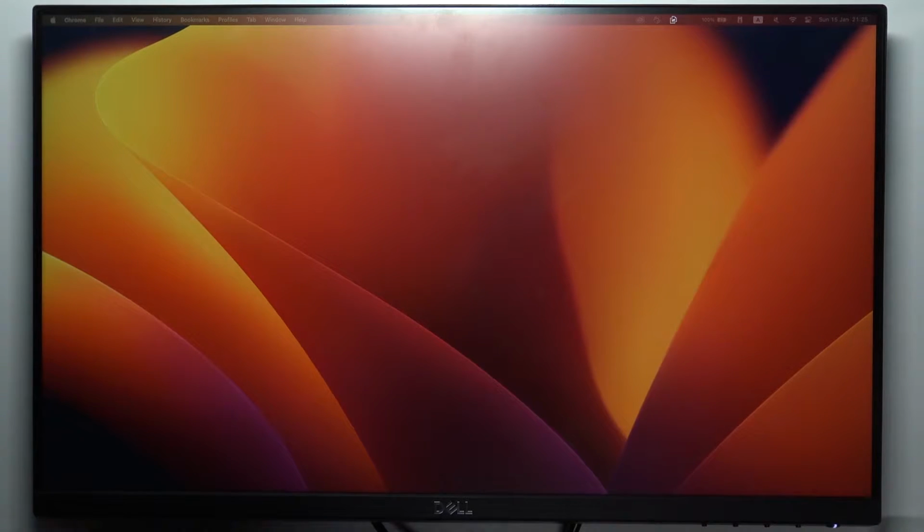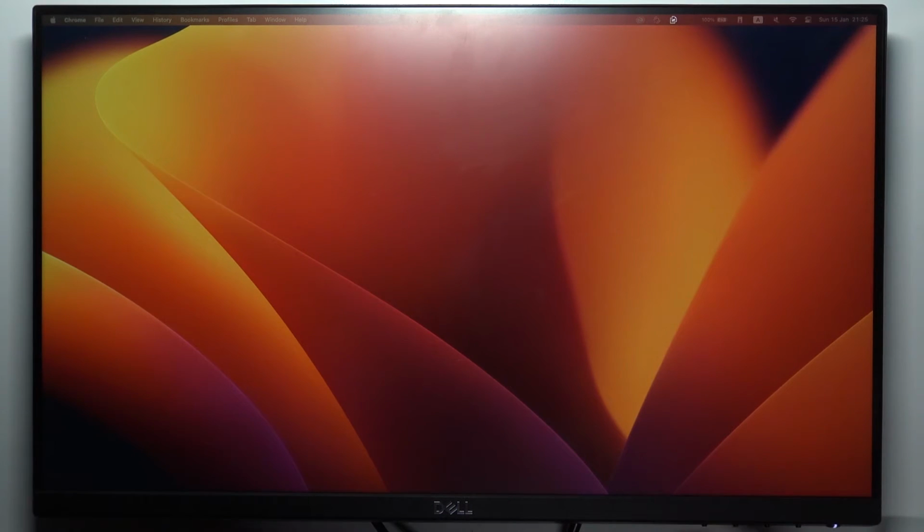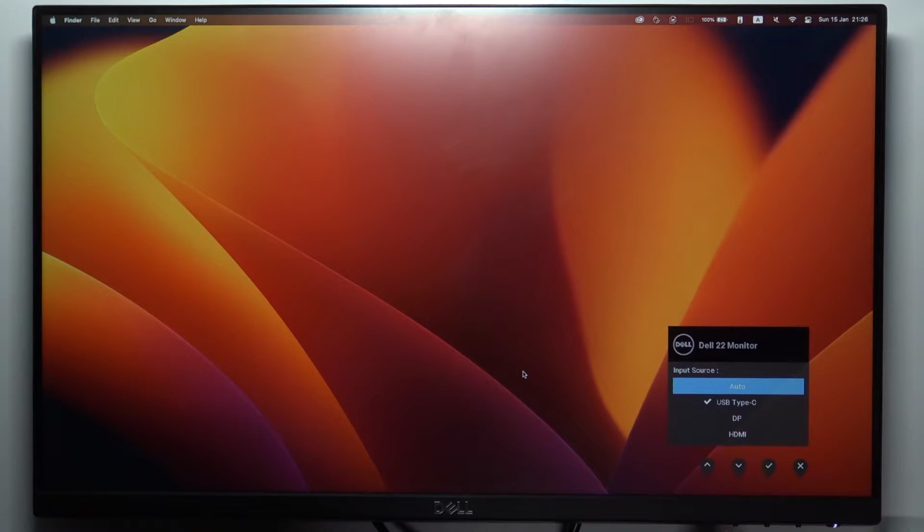In front of me, Dell 22 series monitor, and now I can show you how to fix the problem when your monitor can't identify the input source. So, for example, as you can see here, I have input source, the USB-C from my MacBook, and as you can see here, USB Type-C is working,